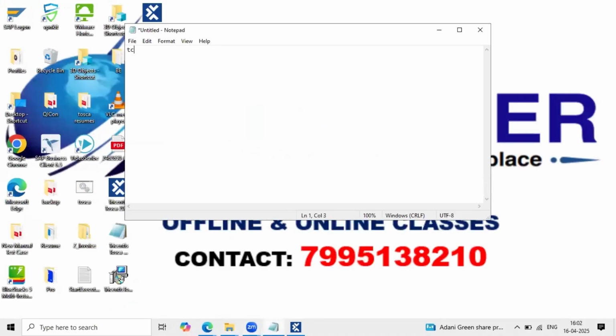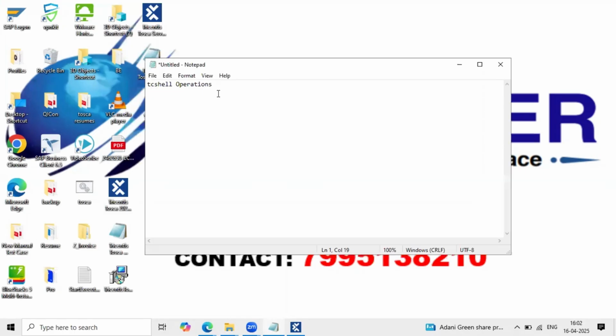We use TC Shell operations. So instead of doing it manually, we just run the TC Shell command here, and directly it will copy the entire workspace to the other directory.